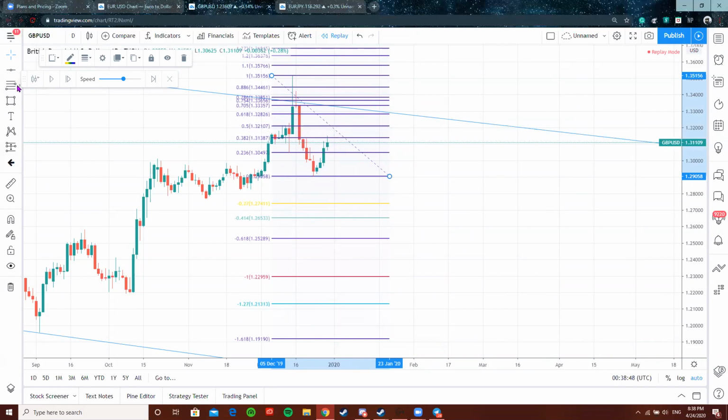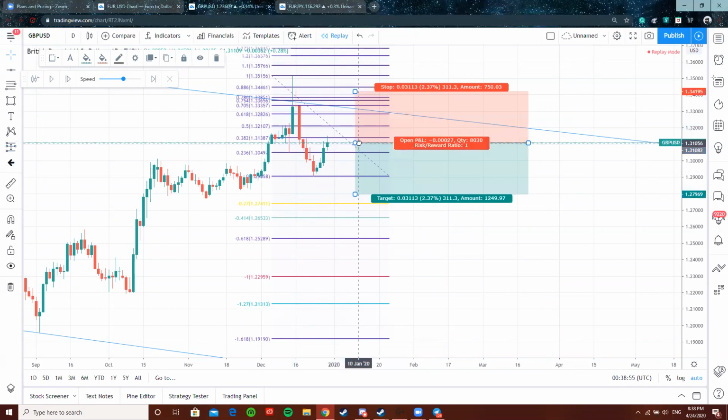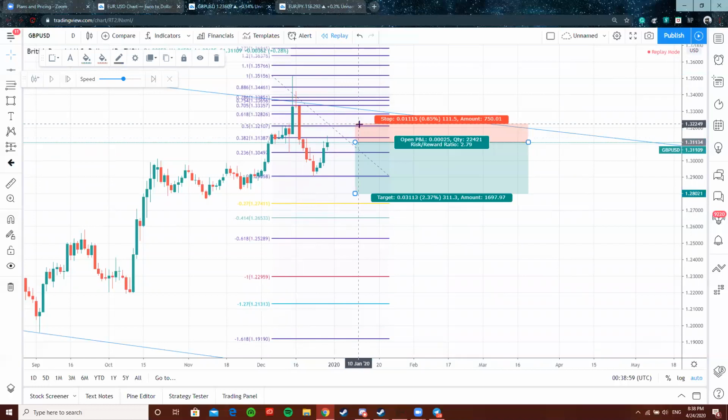So your position would be something like this. Say we've entered right around there. Our stop loss would be where? Right at the 50. Almost a 100 pip stop. So I'm going to be lowering it a little bit more to around there. Yeah, I'll leave it right at the 50.